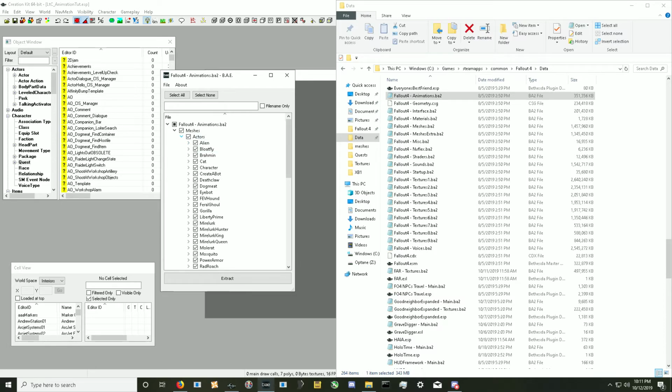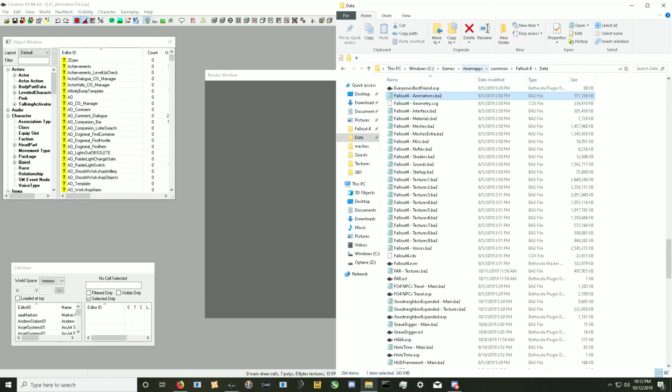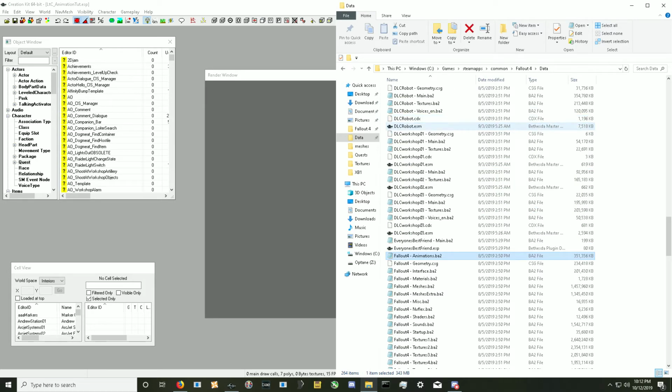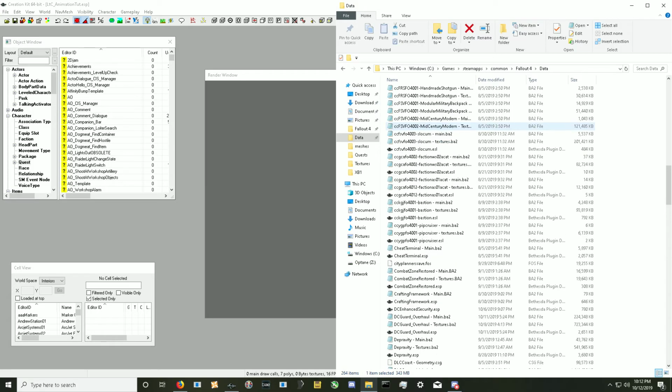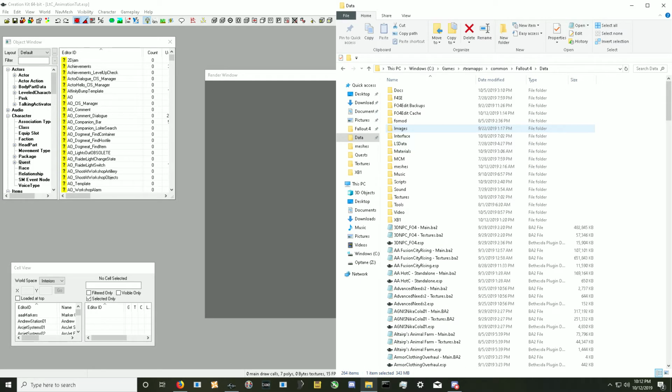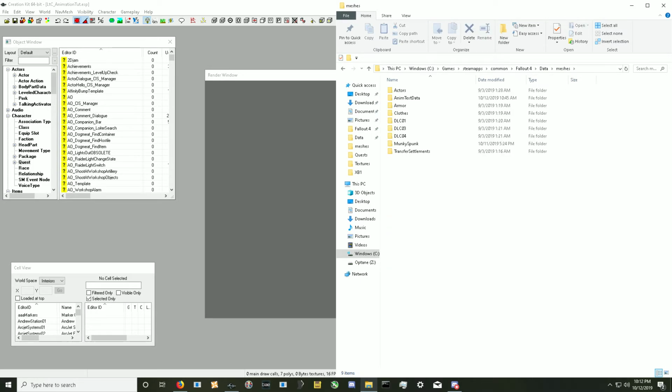Go through here, actors, character, animations, and there's a whole bunch of different animations you can go through and find the one you want. I already extracted my animation, so it went into my meshes, actors, character, animations, furniture,